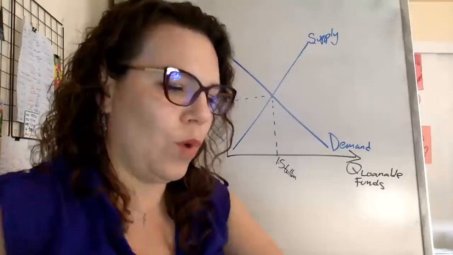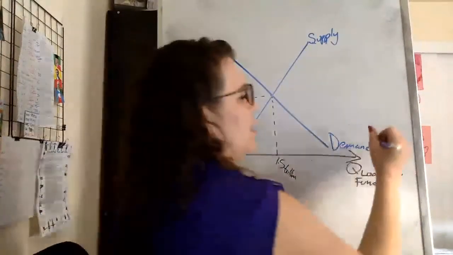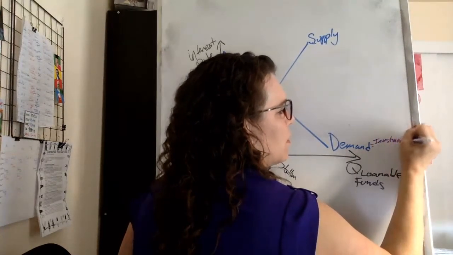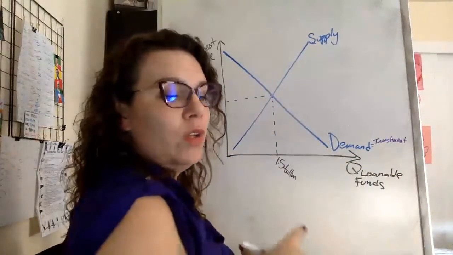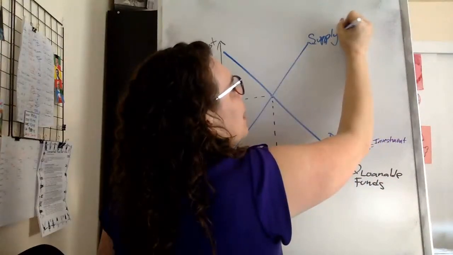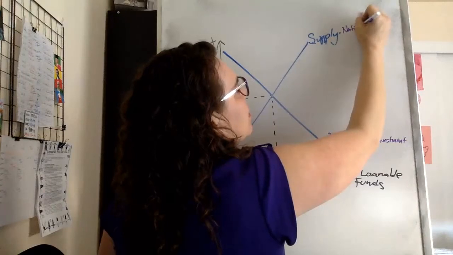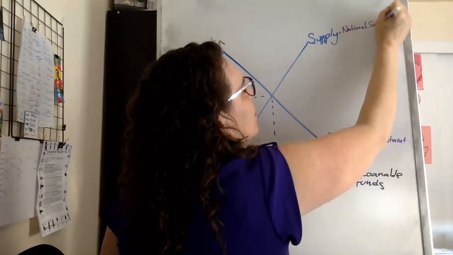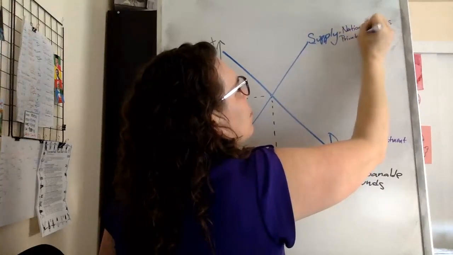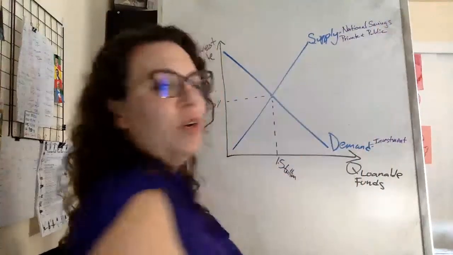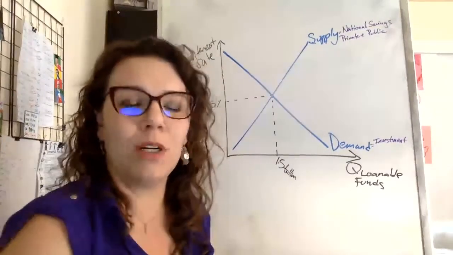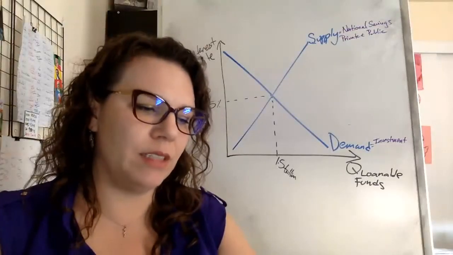Cool? We want to keep in mind here that the demand for loanable funds comes from investment, investors demanding money to borrow to build a new house or start a new company or expand or something like that. And the supply comes from national savings, which means it's private household savings plus public savings. And you don't need to draw that in there, but you do want to remember that for the next part, right? Because part B says, suppose the government